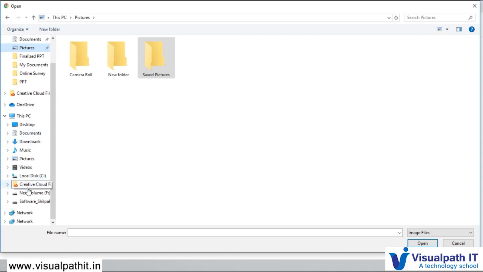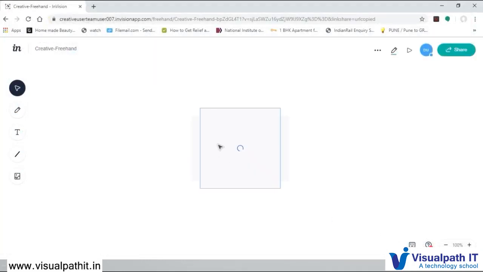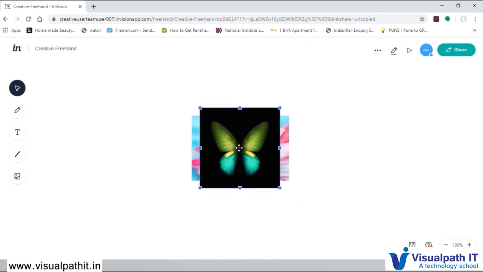I hope I have some images to show you. So there are some images, and we'll see how we can do that. Here are the images which I'm going to upload into my Freehand drawing book. In the Freehand application, I selected the images. I got the images that I had